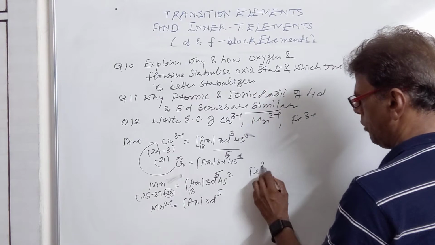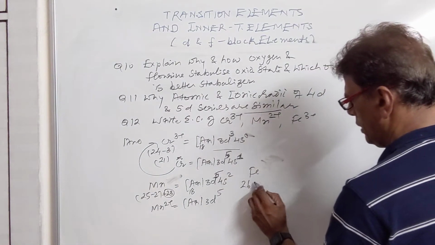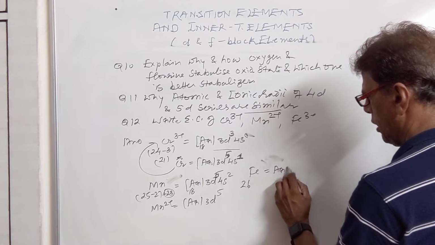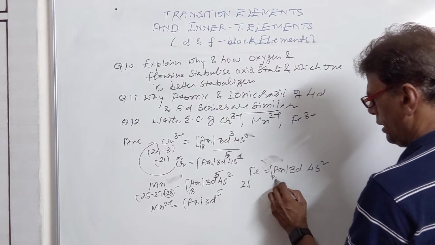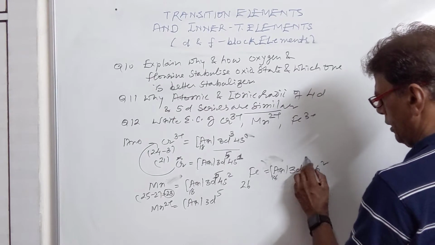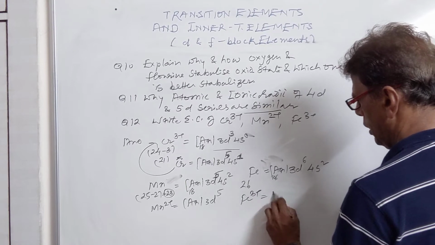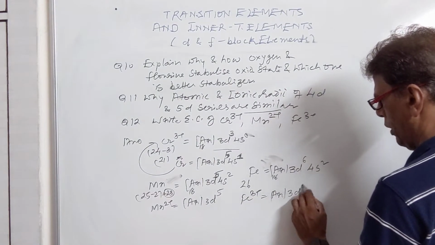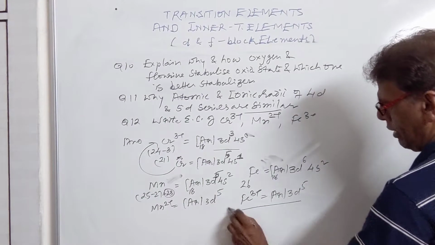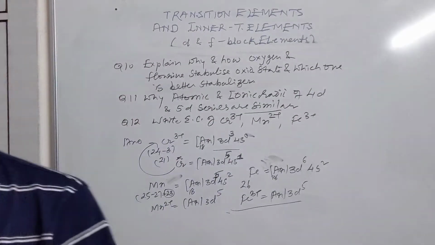Then we have the Fe3+ ion. First of all, iron is 26, configuration is argon 3d6 4s2, argon is 18, 4s2 makes 20, it is having 6 electrons in d. When it becomes tri-positive, it will acquire the same configuration as acquired by Mn2+, 3d5, as the 2 s electrons plus 1 d electron are lost. So this is the way how to write the electronic configuration in case of the ions.